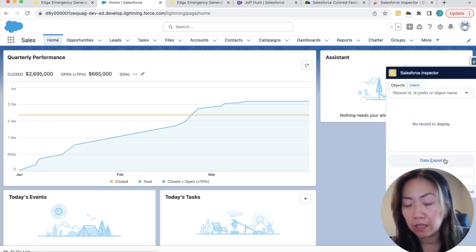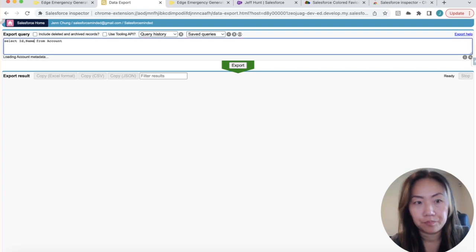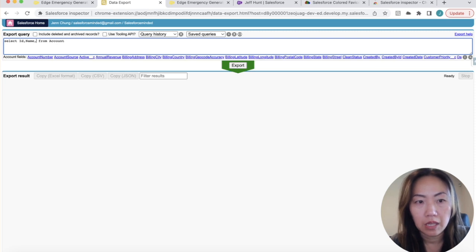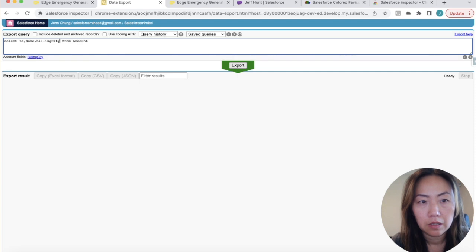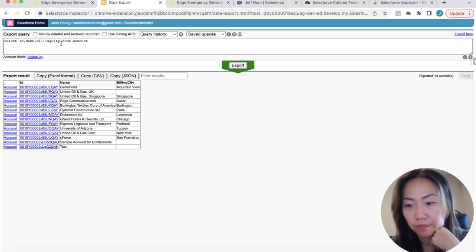And one final thing is, I know there's different ways you can run SQL query, but the inspector also gives me the ability to do that. So I can go to data export, and I'll be able to run a query here. So you can write your own SQL query and add in any field that I may want. And I can click export, and I added ID, name, and billing city from the account object as my fields,